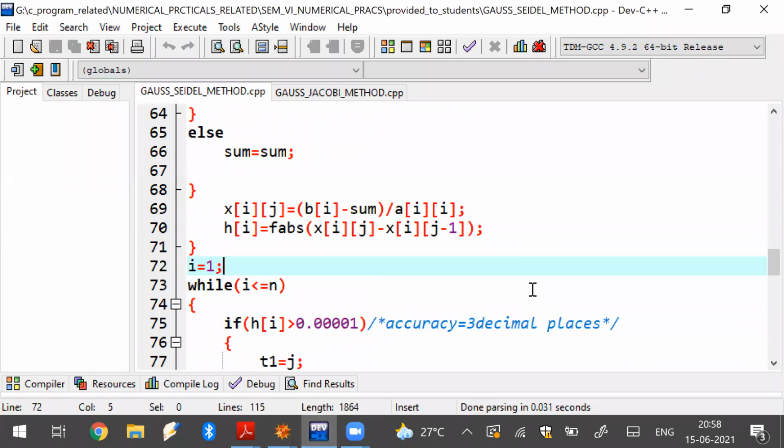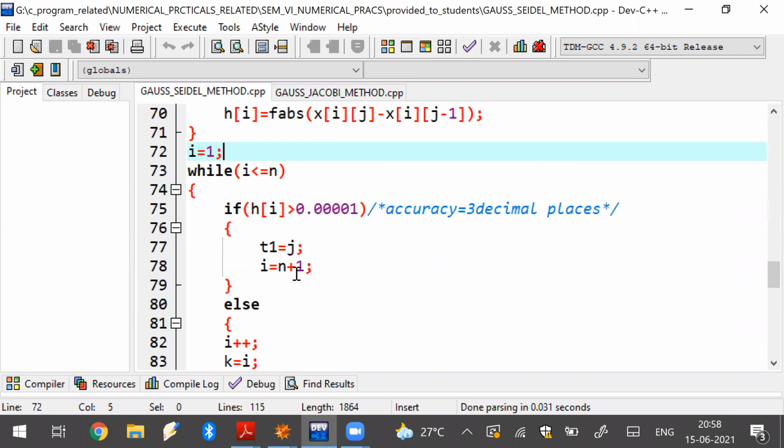So I equal to 1 I have initialized. I less than or equal to n means it is taking care of all the variables. As I said, accuracy is to be checked for each and every one of the variables. Then if hi, so I equal to 1, the first variable, if h1 is greater than this value, I have given 3 decimal places as my requirement, so 0.0001.